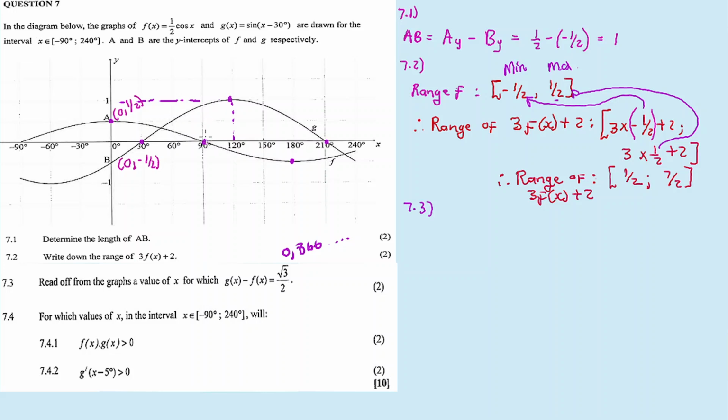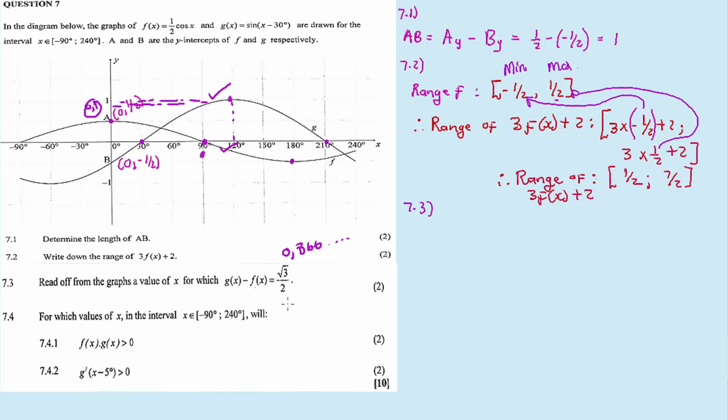But something happens if I go above 90 and read off on g. I get a value, maybe it's 0.9, somewhere around 0.9. Rounding off I get 0.9. And look at g here: whenever x is equal to 90 degrees, g is above and f is below. So in other words, if you check the difference between these two graphs